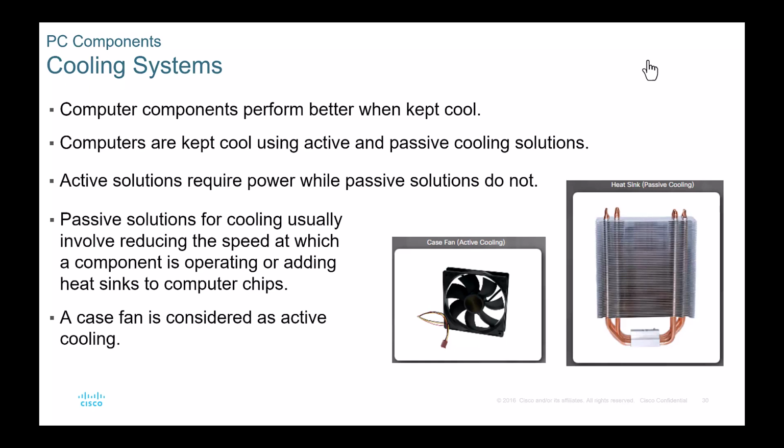The difference between the two is that whenever something's moving, that's your active cooling. When there isn't anything moving, that's your passive cooling. So we see our heat sink over here versus our actual fan, okay? You can take a deep dive into the best ways to cool PCs. You have to make sure the fans are in the right direction in order to pull heat out and also push heat in.